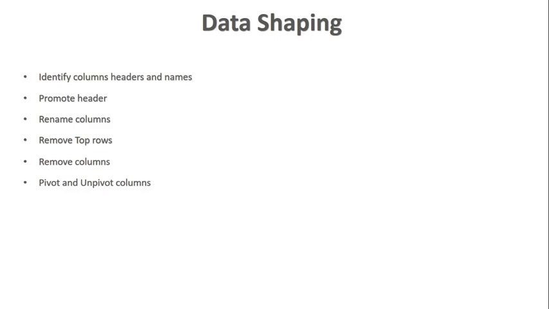In this lecture, we will be talking about pivoting and unpivoting columns. Pivoting and unpivoting columns is nothing but changing from columns to rows and rows to columns, right? So we'll be talking about unpivoting columns as well as pivoting the columns, which means we will be transforming the data in pivoted format to unpivoted format, and we'll also be transforming the data from unpivoted format to pivoted format, right? So let's head back to our Power BI desktop in order to do that.